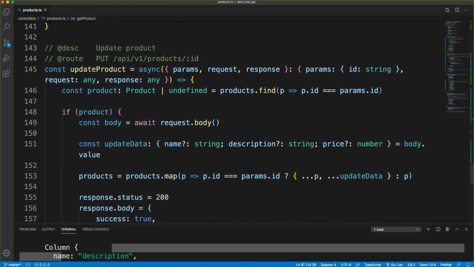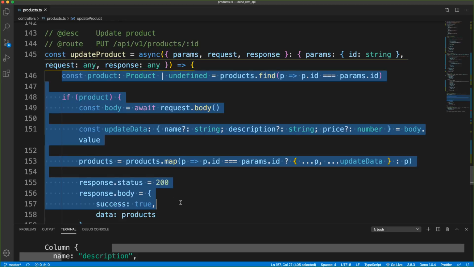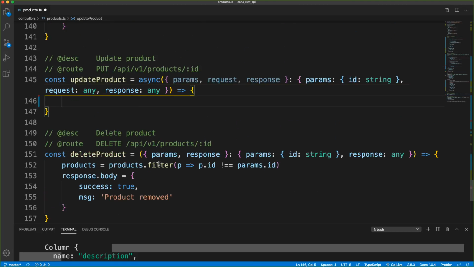So our put request down here is where we're doing our update. So again, we were using .find on the array, but we want to just get rid of all this. Let's see, else, that ends here. Yeah, so we'll just get rid of everything in the update. Now, I want to check if a product exists. So a short way to do this would be to use the get product that we already created. So let's say await get product, and we can pass in here